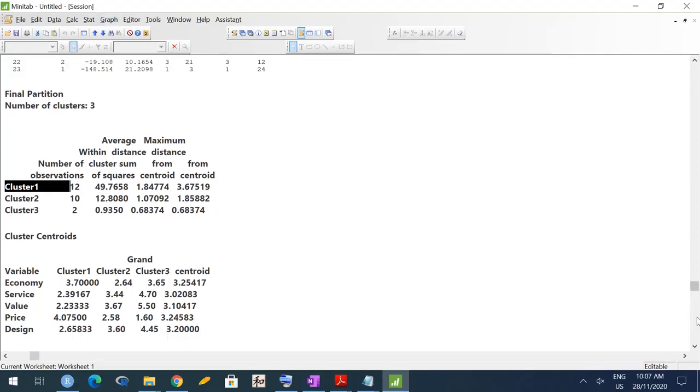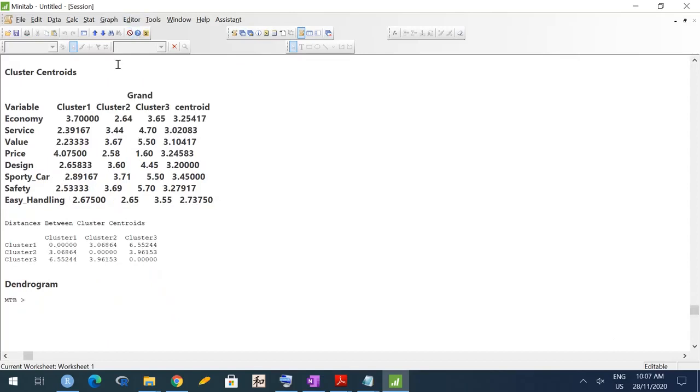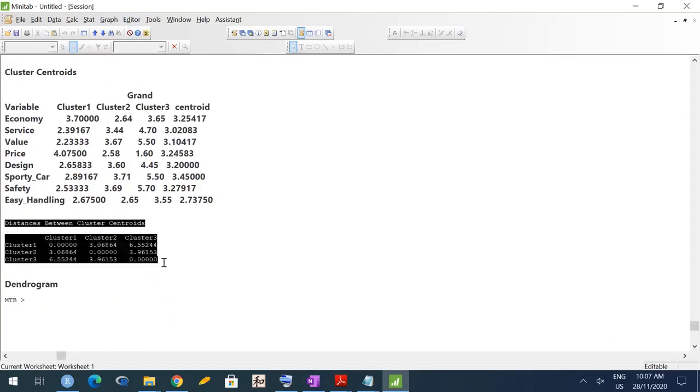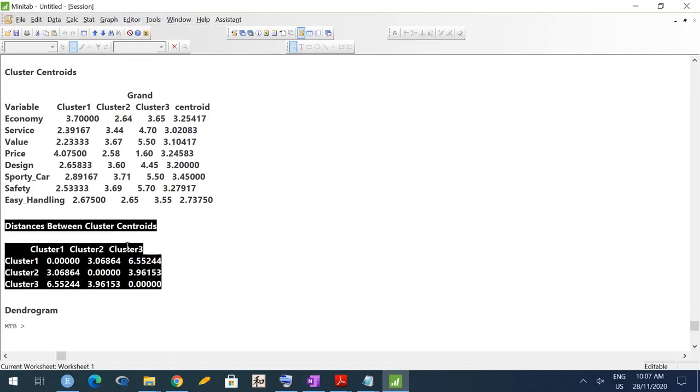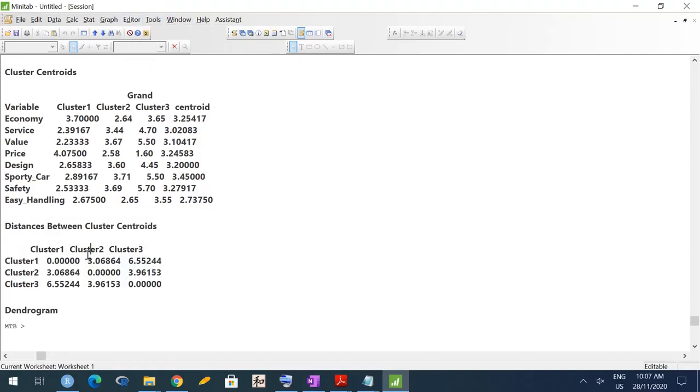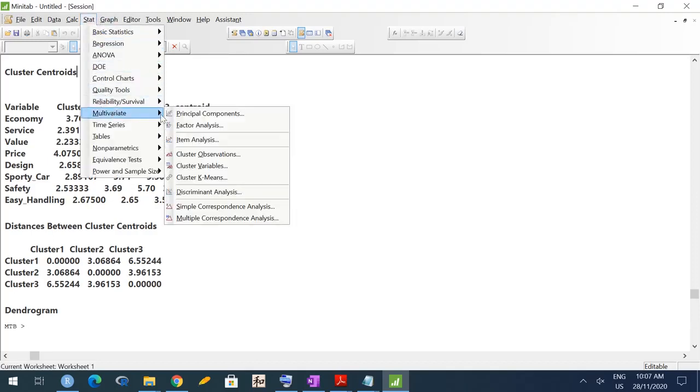Now let me try k-means clustering on the same data set. Okay, one more small thing before that. This gives me distances between the clusters. So you can see here, distance between cluster 1 and cluster 2 is low, cluster 1 and cluster 3 is very high, and cluster 2 and 3 is okay. So that tells you that cluster 2 is kind of in the middle of cluster 1 and 3. Okay. Now let us go to k-means.